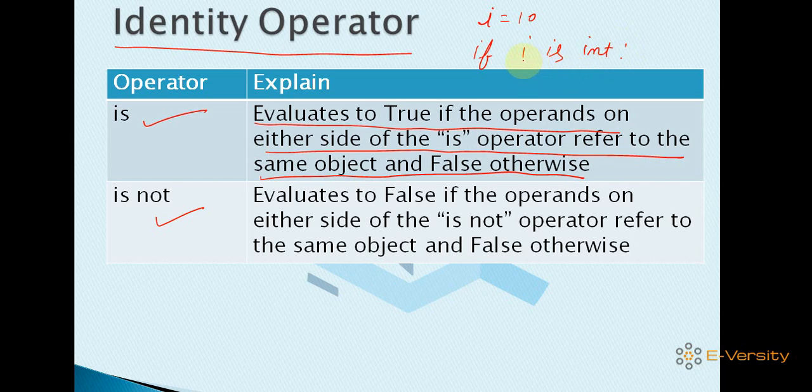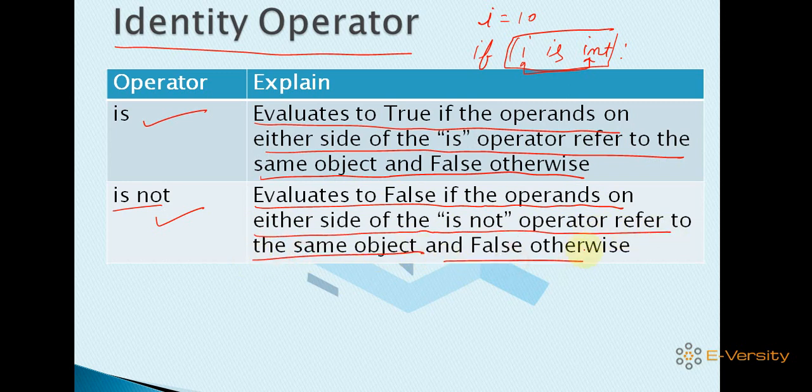It is checking that i is an int. If it is true, it gives a true value, meaning the condition is true, otherwise it returns false. Same thing you can use with is not, which evaluates to false if the operands on either side refer to the same object, and true otherwise.